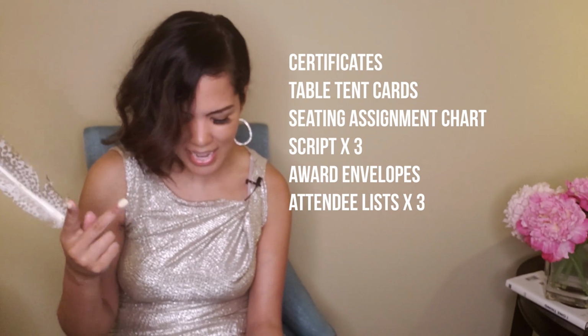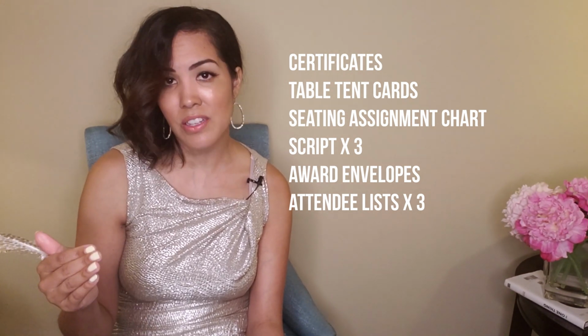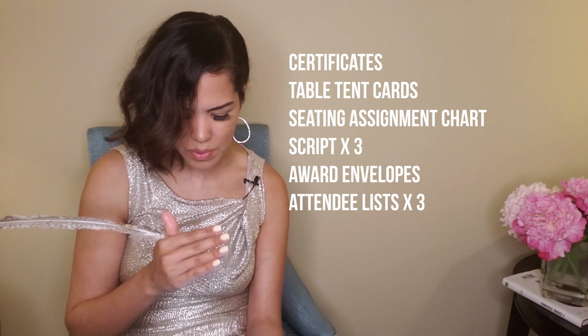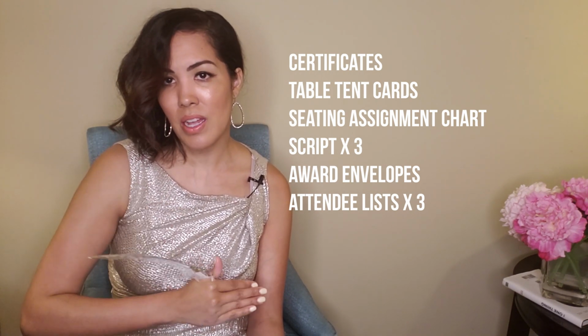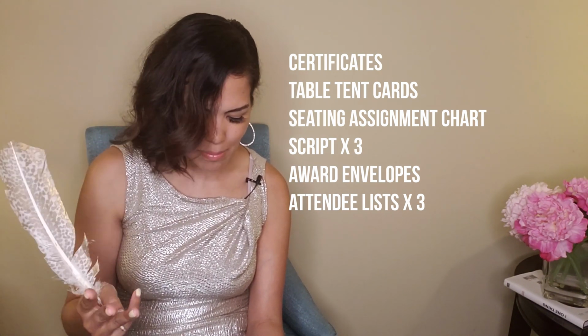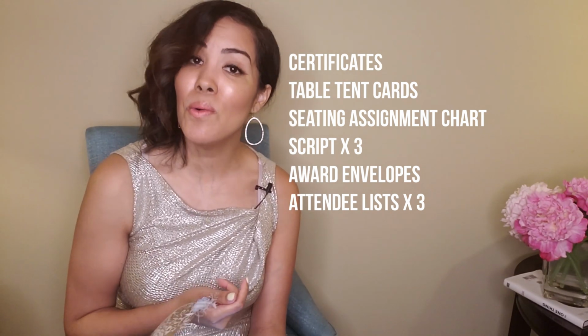So you want to do a run through. We already talked about the run through. Ideally, week of, with all your people. There's a whole list of things you want to print out and bring with you in addition to your awards. You want to make sure you have your certificates. If you have certificates, that they're signed and framed, that your table tent cards are assorted with their logos, and all the VIP people are assorted, along with your table assignment sheet as well. You want 3 copies of your script,